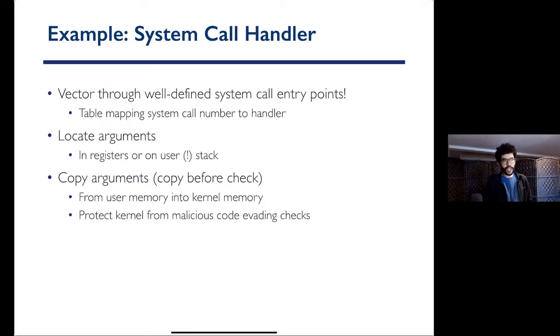Now, when should we check? The answer to that is there is this concept of copy before check. So the first thing we need to do is to copy that data to kernel memory, and then we can do the check. Now, you might say, why don't we check when the data is in user memory? And once we're sure that the data is good, then we can copy it to kernel memory. And the answer to that is, don't forget that you might be actually having, for example, a multi-core setting where